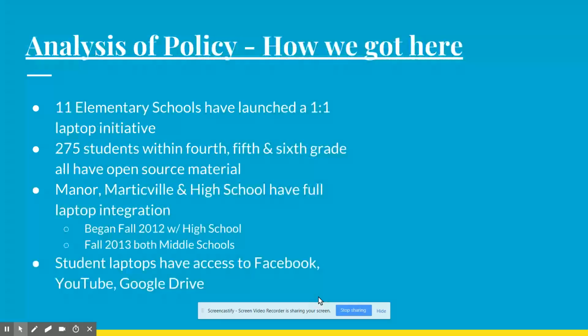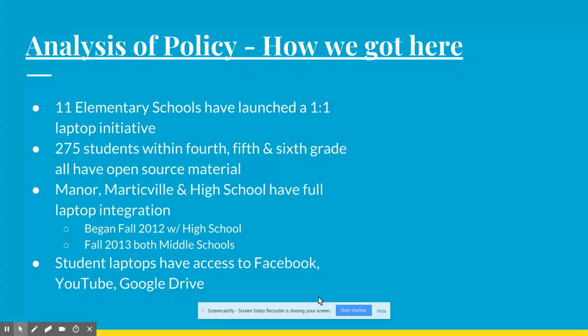So before we get into a lot of the logistics, I just want to look very briefly at how we got here. Essentially, going back a few years, we have 11 elementary schools, and they have basically gone one-to-one with a laptop initiative program. Now, out of a bulk of those schools, 275 students have all been integrated with some kind of open source material.